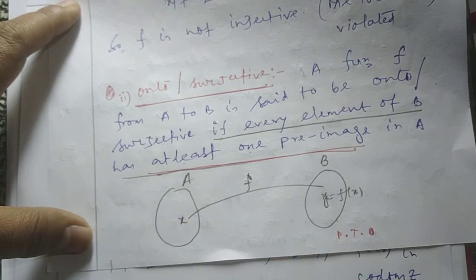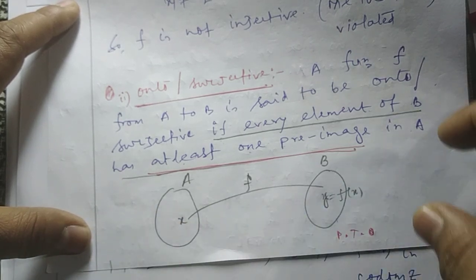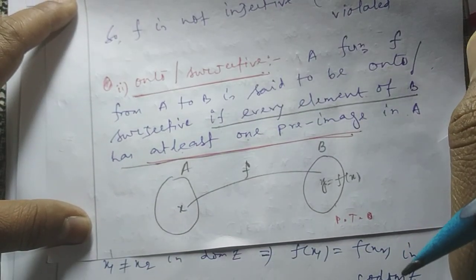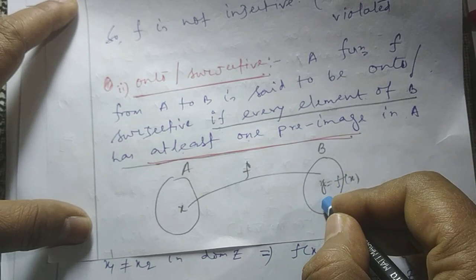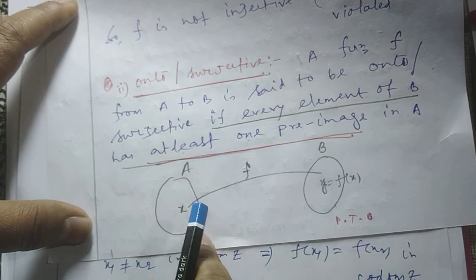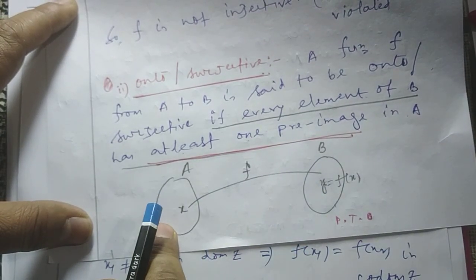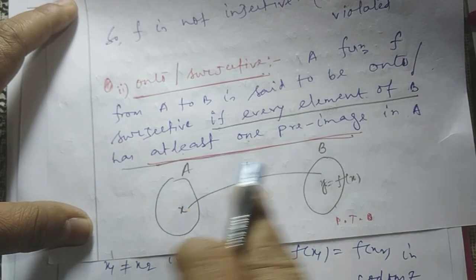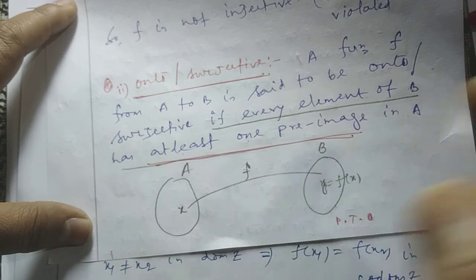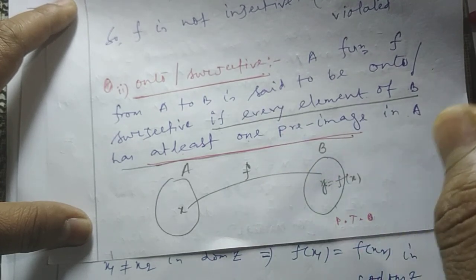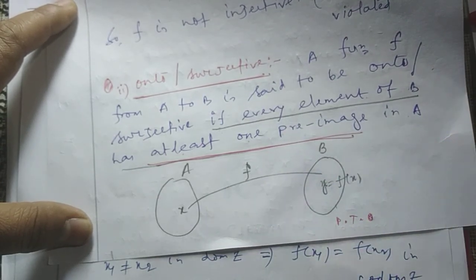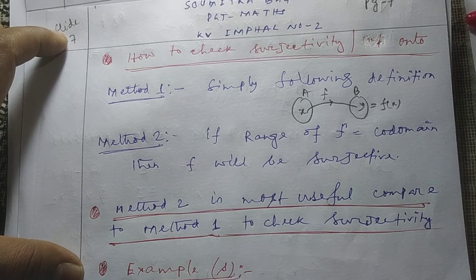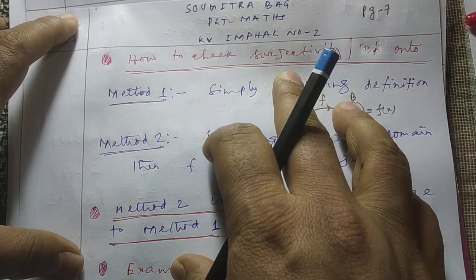That is the meaning of otherwise. Again I am saying from the first because it is very important to understand. If somehow you can prove y has at least one preimage in A, in that case f will be surjective. If y has no preimage in A, then f will not be surjective. Not surjective means it is the otherwise. Understood? It was only the definition.